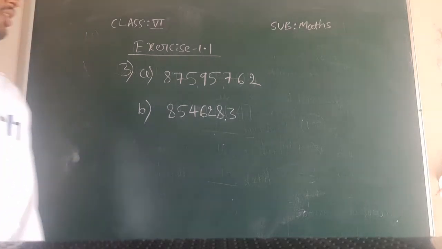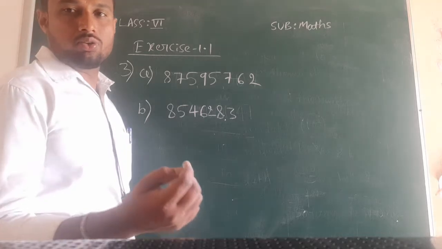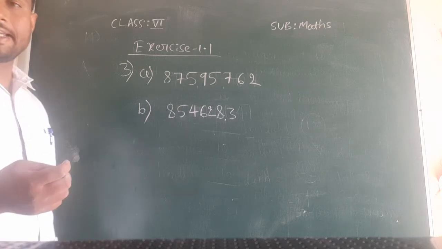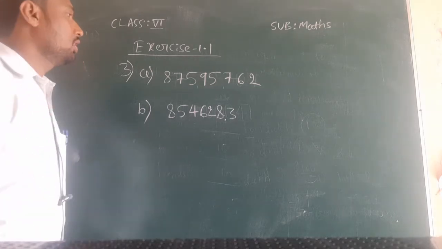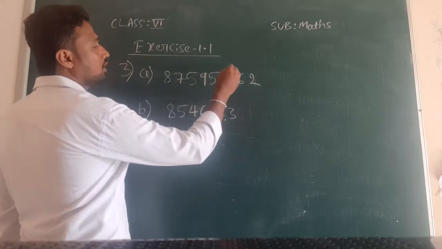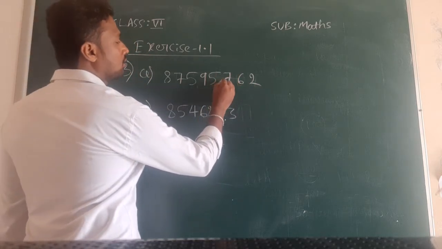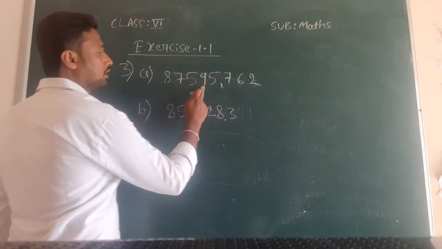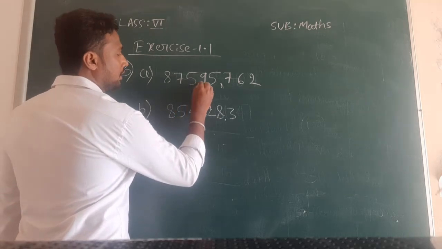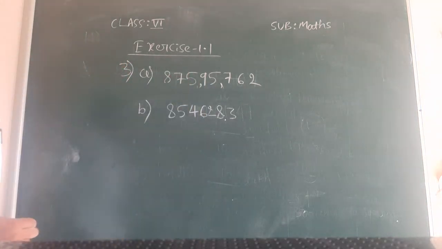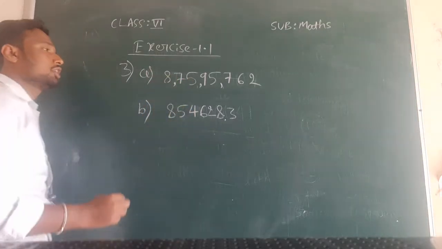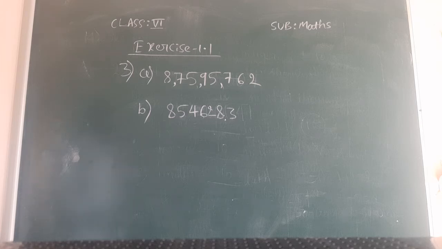Okay, and I have already told you many times how to use commas. In the Indian system of numeration we use commas to indicate thousand, lakh and crore. So here this is the ones position, tens position, hundreds position, next thousand. To indicate this thousands position we will use a comma here. Next 1,000, 10,000, next we have lakh. To indicate the lakhs position we will use a comma. Next lakh, 10 lakh, crore. To indicate this crore position we will use a comma. Okay. So we have values up to crore.